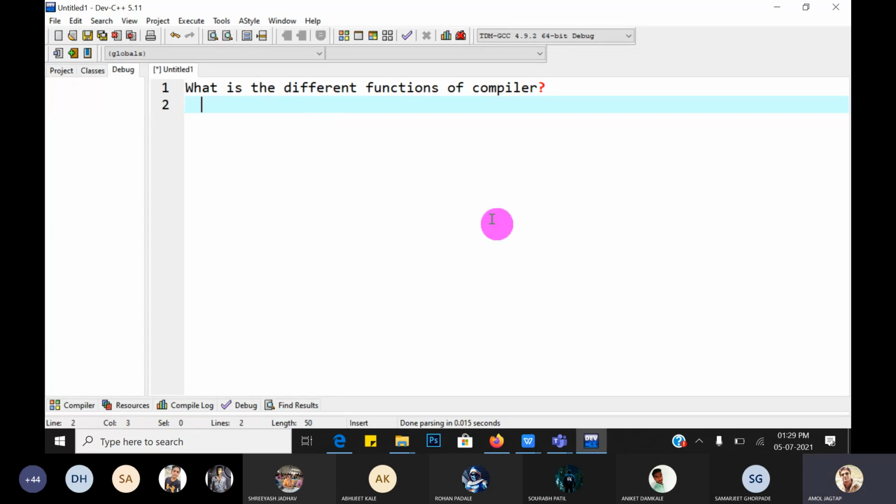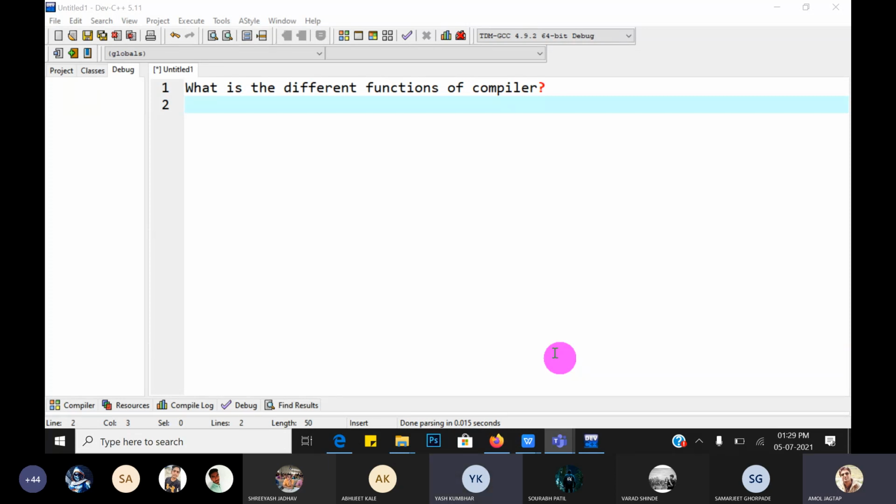So tell me, what are the different functions of a compiler? We know what a compiler is. Now tell me: to find errors. Okay, first. Next: to convert one form of program to another form, that means C source code into binary.